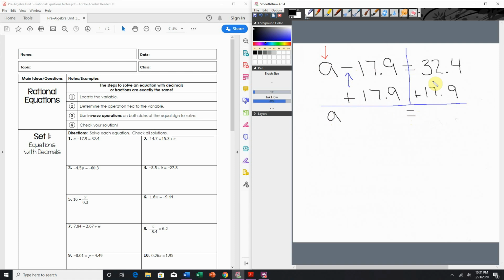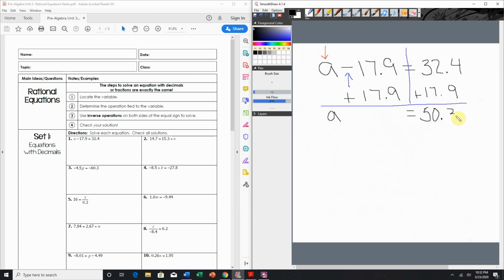So I will be attaching some Khan Academy videos for you guys to review on decimal operations. So please don't freak out. We're going to take our time with it. We'll review some decimal operations, what you're supposed to do in certain situations. But for adding and subtracting, just remember you line up your decimals. So in this case, we line up our tenths place, our ones, and our tens place, and we just perform the operation. So in this case, we would add everything up, and we would get 50